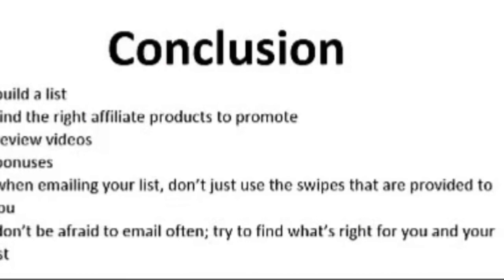So to recap, if you want to be successful at affiliate marketing, you have to build a list of subscribers that you can continually promote products to. Okay, in another video I also taught you how to find affiliate products to promote, and I also recommend you create review videos to separate yourself from the competition, and also to give more information on the products to your customers so they know what they're buying and that it's a high quality product. And also, they're going to see your honesty too, as you point out the negative features of the product.